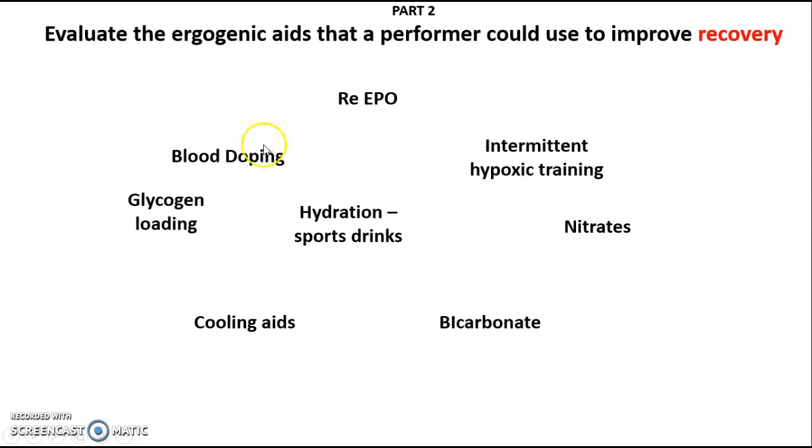I'm just going to go now, obviously glycogen loading. The more glycogen you have in your muscle, the less it's going to be depleted during the exercise, so recovery will be an easier process. Hydration, following exercise, really important. We have those hypertonic sports drinks. These are really important now. Nitrates, beetroot, blood flow, increased blood flow to the working muscles. This can help you in that situation. Bicarbonate, there's a buffering of lactic acid, so it helps remove the lactic acid or utilize the lactic acid in recovery. Cooling aids, absolutely